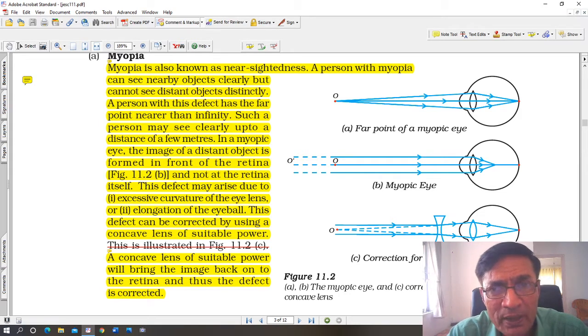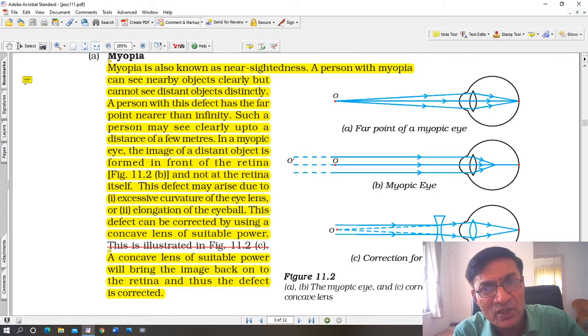What you must remember here is that younger people are also beginning to develop these problems. And why is it caused? Because of the weakening of the ciliary muscles. It is the ciliary muscles which hold the lens in place. And therefore, if the ciliary muscles become weak, then the lens can no longer change its focal length. And therefore, you have difficulty in seeing far and seeing near. So it's all about ciliary muscles, right?